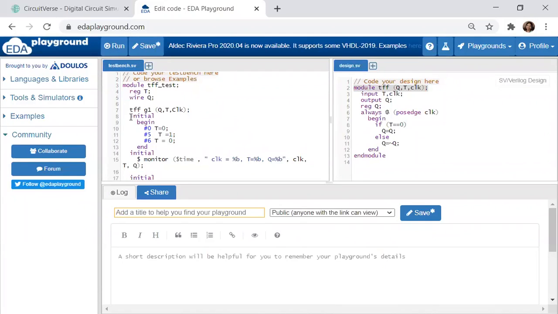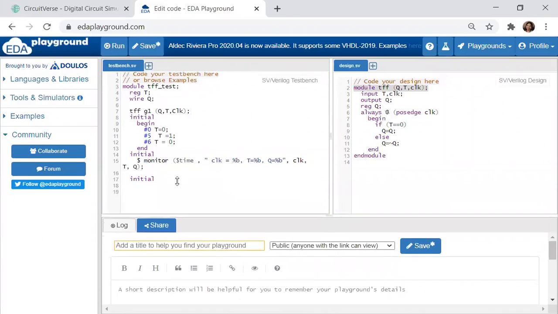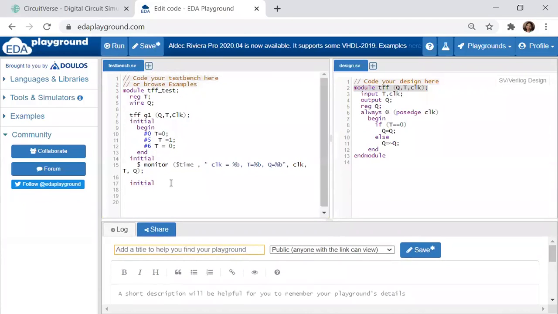Why do I need this initial? I have to stop or pause the simulation at some point. According to my code, 5 plus 6 is 11, so I need time up to 11 time units to see the results. After 11, I can stop at any time, so #15 $stop I can do.